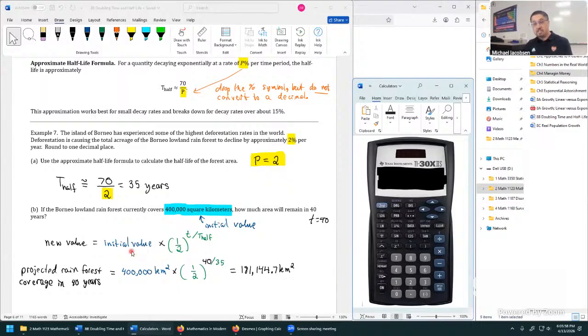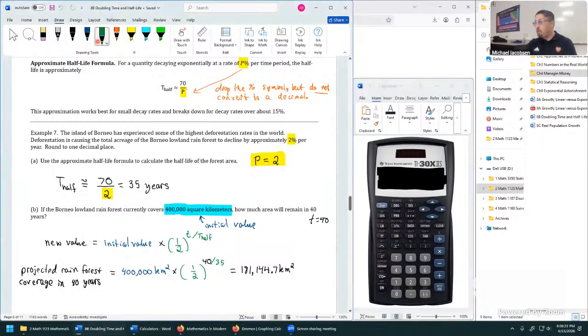And our formula gives us a way to find the fractional amount something's decayed by. That's 1/2 raised to the power of t divided by the half-life. Some problems focus on this part right here. Other problems focus on obtaining the new value like we see on part B. So just another part of the recap. Let's recall that this part is called the fractional